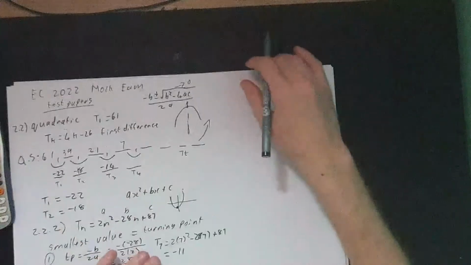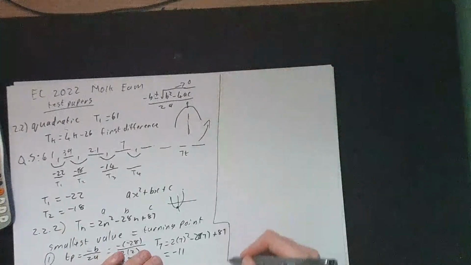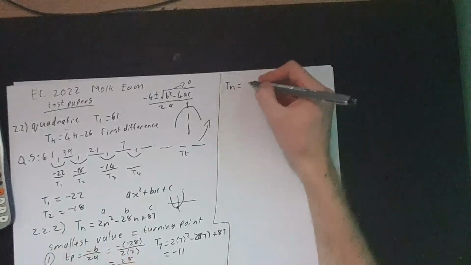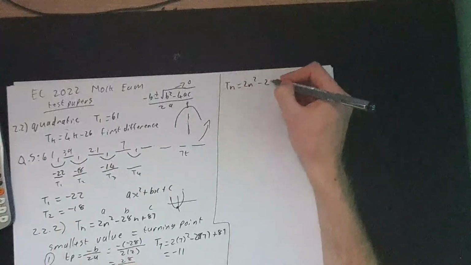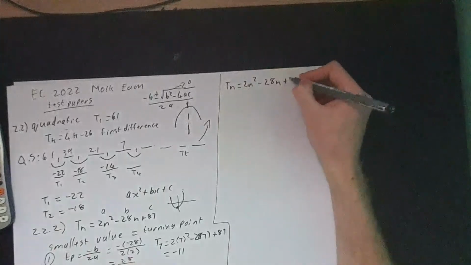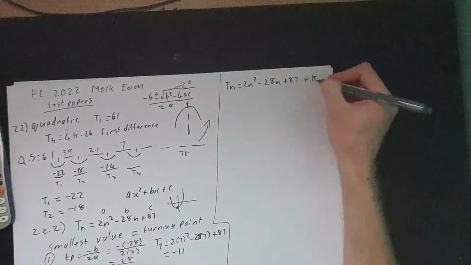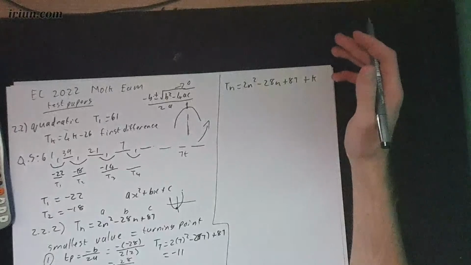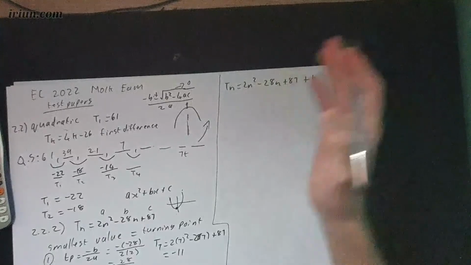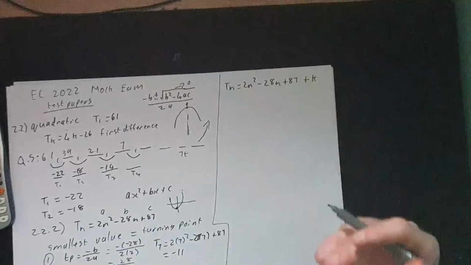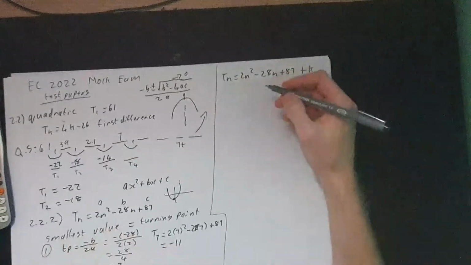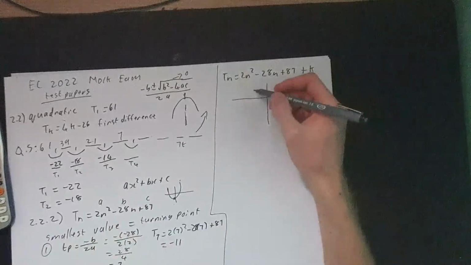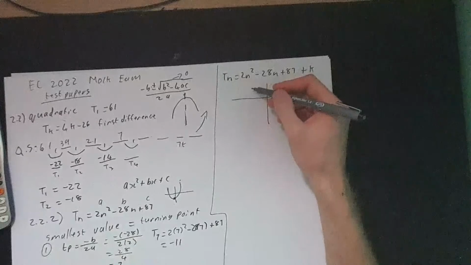Essentially what it's asking, if I take my number pattern, Tn equals 2n squared minus 28n plus 87, and I add k on, what should k be so that all my terms become positive? So every single term thereafter becomes positive. Now let's think about our number pattern and what it represents. In the previous question, we found that the turning point of this